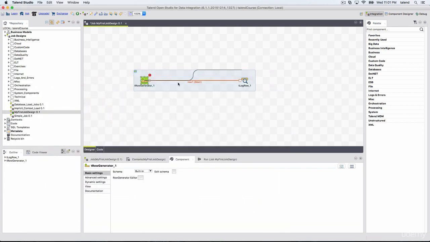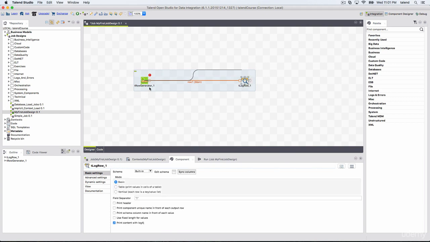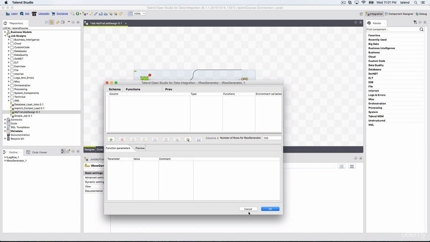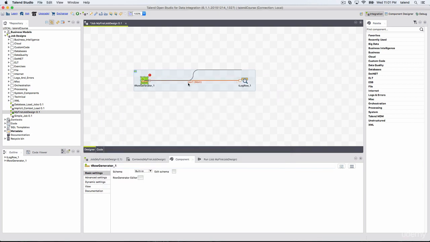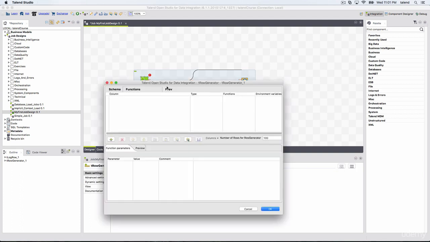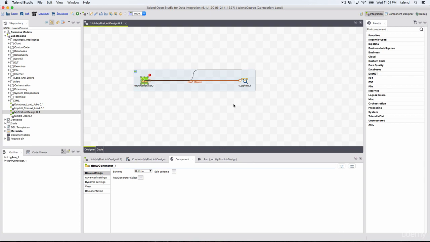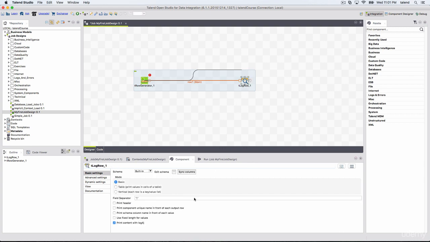The configuration for each component differs, as you can see when I open this. So how do we configure? You can double click this to configure. When you double click a component, as you can see, it will populate the configuration properties respective to that component.